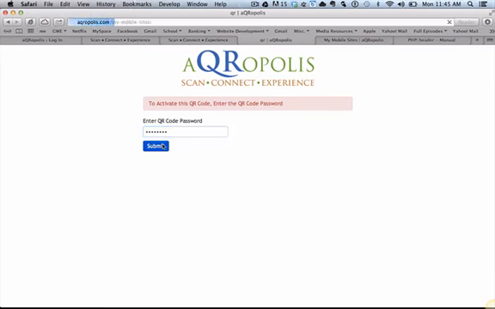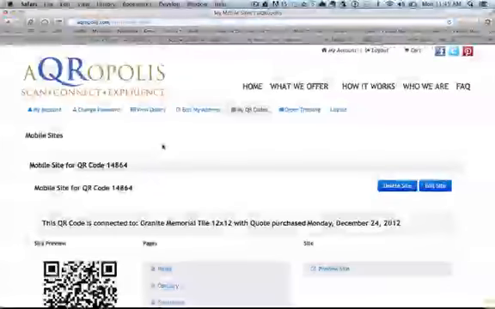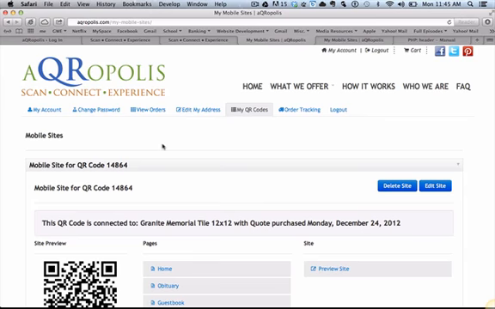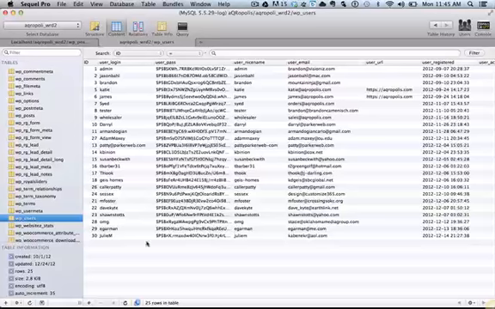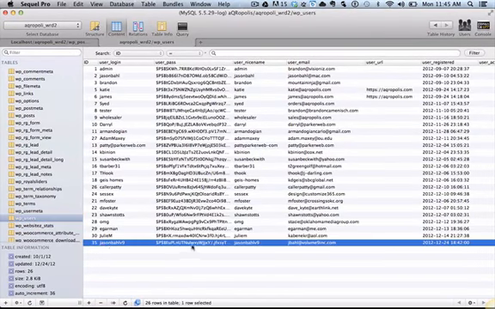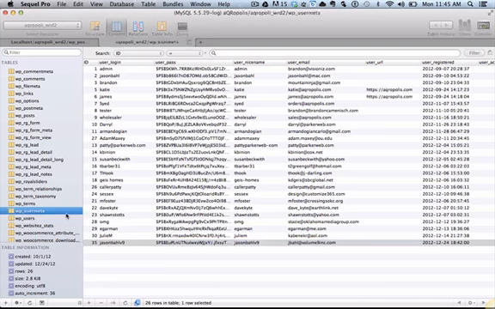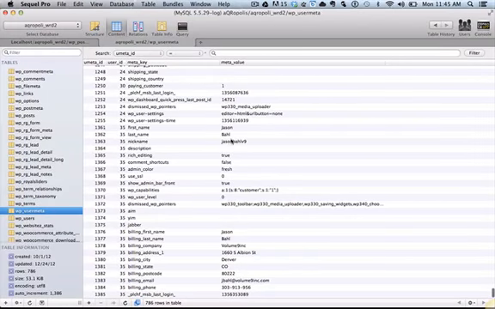So right now it's getting my current user ID, and then it's going to register my current user ID to that QR code. So if we look at the database to see how this works, when I first created my account, it created me an account in the users table. In the user meta table, it added all my information, so Jason Ball, my username, my nickname, yada yada yada,